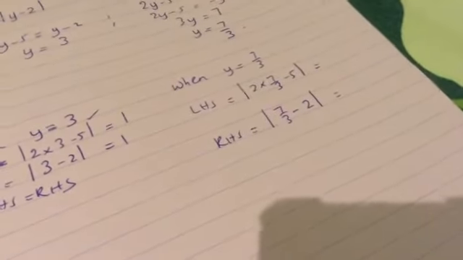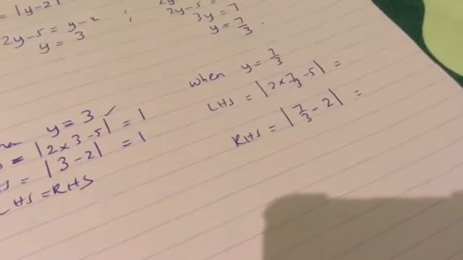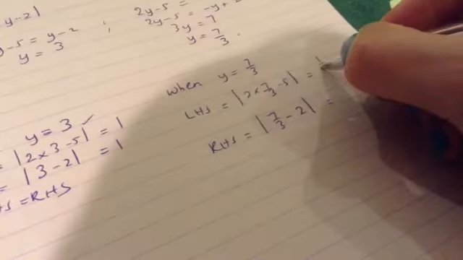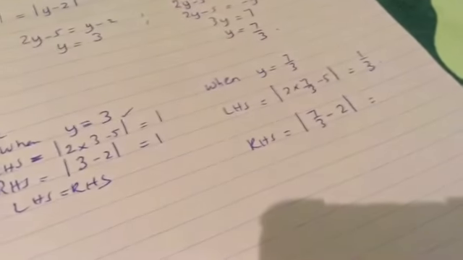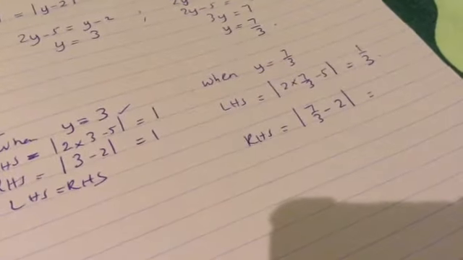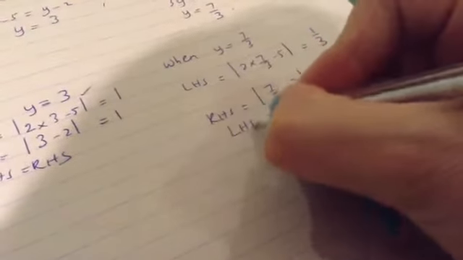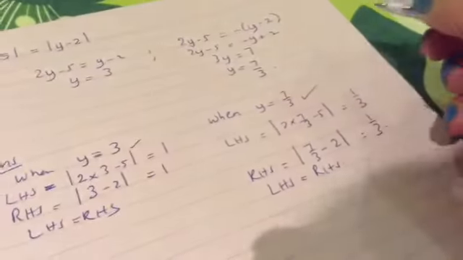So the first one is 14 on 3 minus 5, which will give you minus a third, so absolute value of that is a third. And the other one is 7 on 3 minus 2, gives you 1/3, absolute value of that is 1/3. And again, the left-hand side is therefore equal to the right-hand side. So that is also a solution, and hence